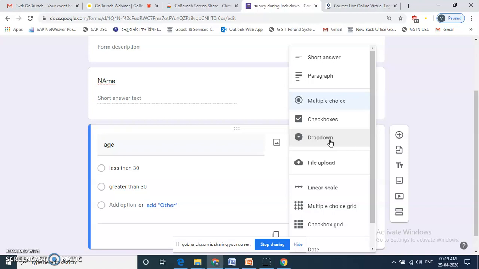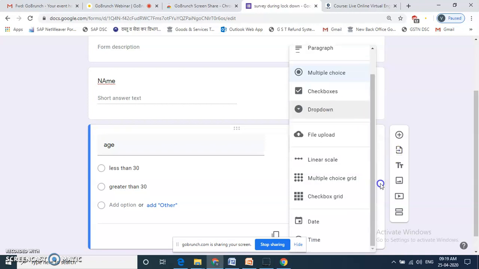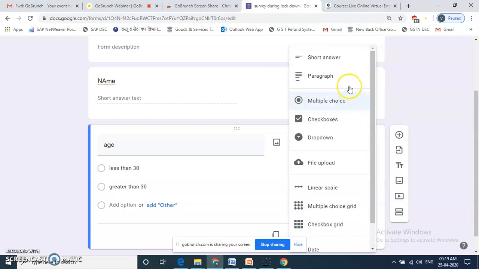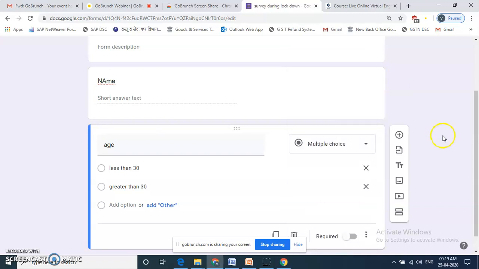For example, suppose I am asking the department where you are working. If there are many departments, you can list them, and the respondent can choose any one department from there. You can also upload a file over here. You can give questions on a linear scale, and so many options are there. Also, you can ask a long answer type question by using Google Forms.